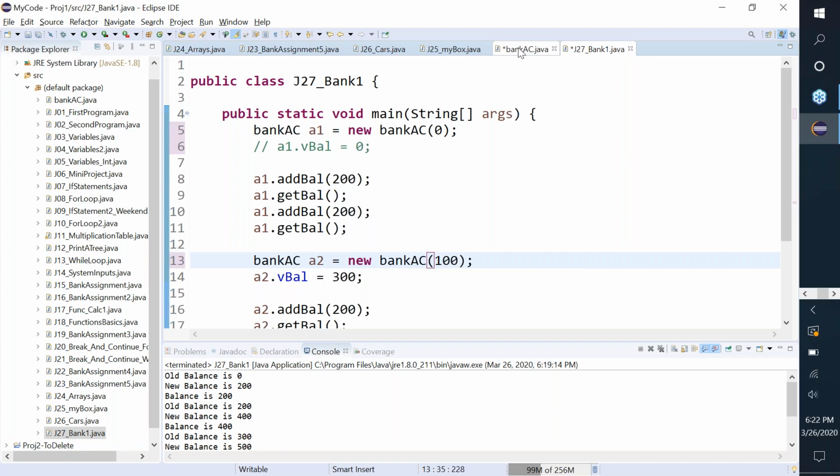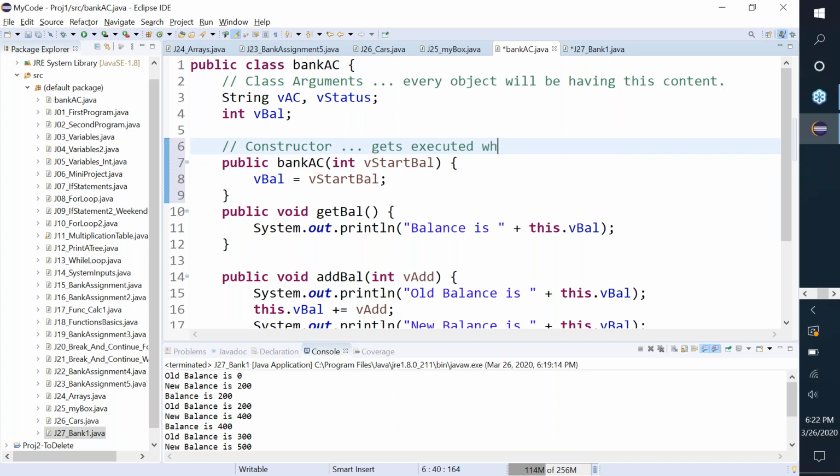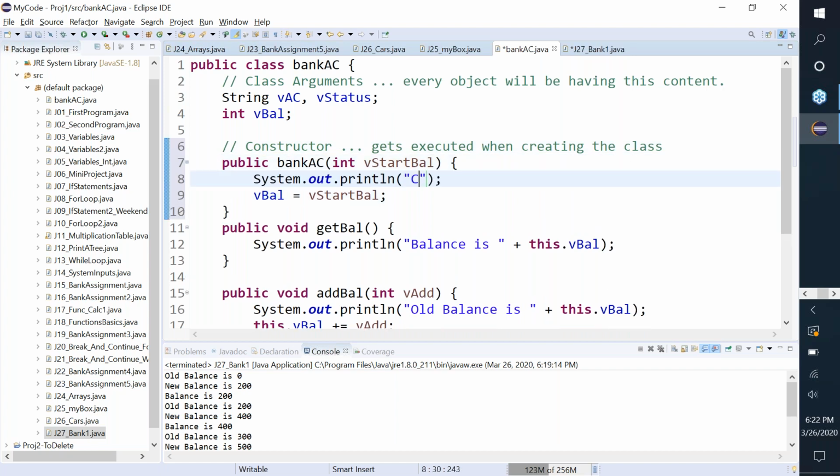That's called a constructor. So a constructor, basically, whenever you're creating the class, it gets executed. So here I can say creating a new bank account,